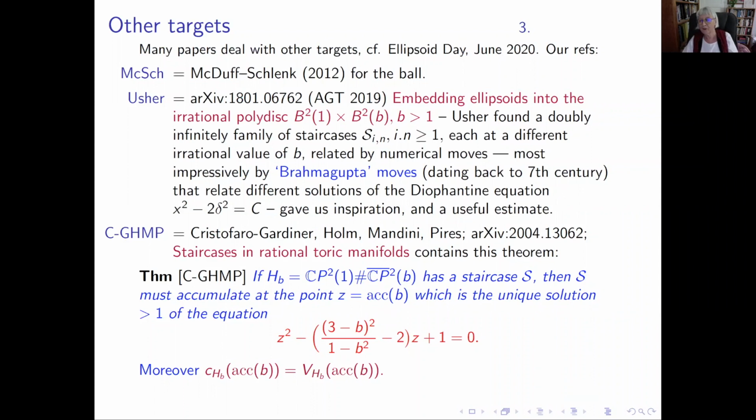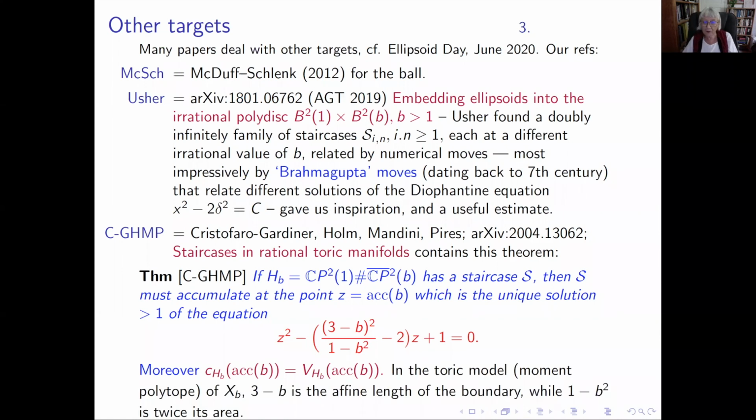And so when B is 0, this accumulation point is 2 to the 4th. And what they did was adapt our argument that was dealing with that kind of thing to this very beautiful general statement. And then the thing is that the accumulation point is unobstructed in the sense that the value of the capacity function is the volume. So whatever it is elsewhere, it's got to be the volume there. And in the toric model, this equation of course doesn't come out of nowhere. In the toric model, 3 minus b is the affine length of the boundary, if you scale things correctly, and 1 minus b squared is twice the area. So it's some very natural scale invariant